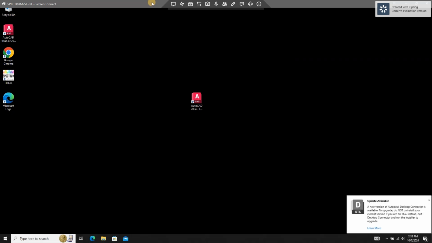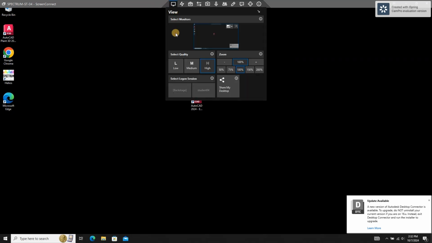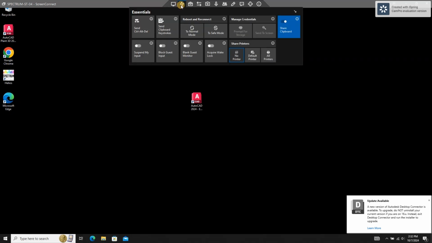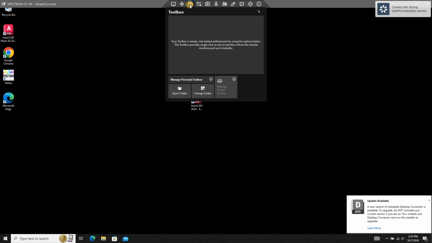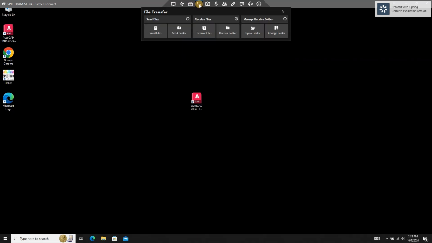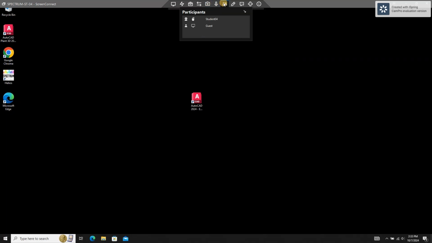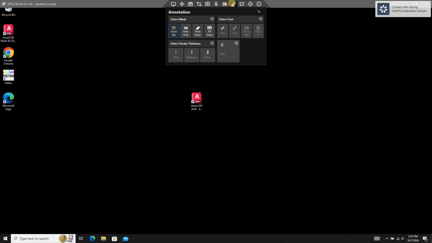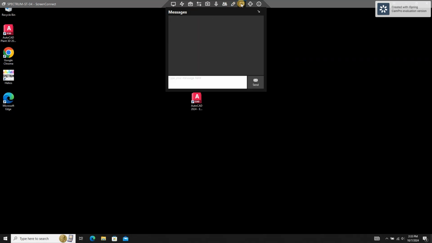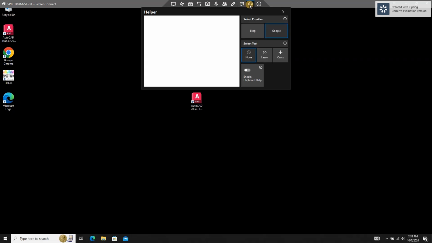Most of these controls you will not be using, but they are View, which lets you control your view settings, Essentials, which has additional controls to your remoted computer, Toolbox, File Transfer, Screen Capture, Sound, Participants, Annotation, Messages, where you can exchange messages directly with the instructor, Helper,